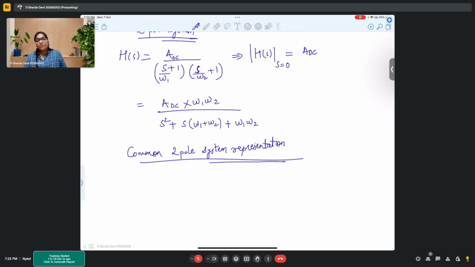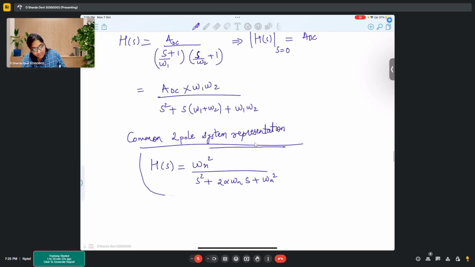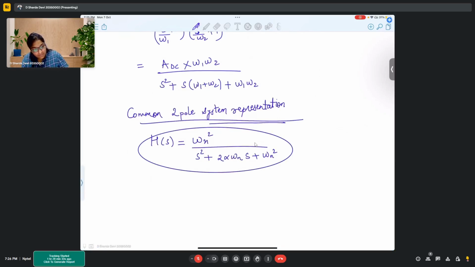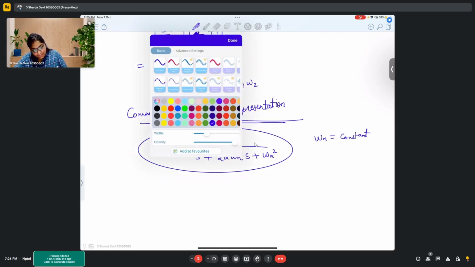So common two-pole representation is like H of s is given as omega n square upon s square plus 2 alpha omega n s plus omega n square. Okay, so this is how a two-pole system is generally represented. This is the most common way of representing a two-pole system. Now here omega n is a constant where omega n is given by,